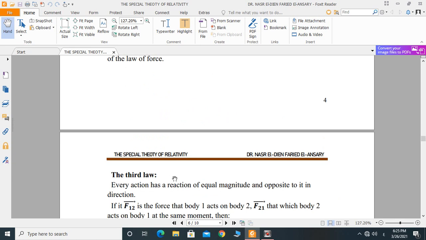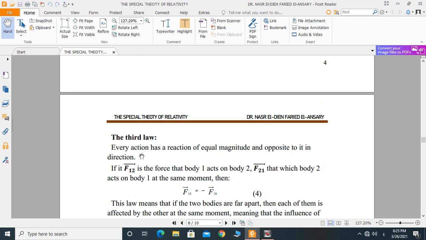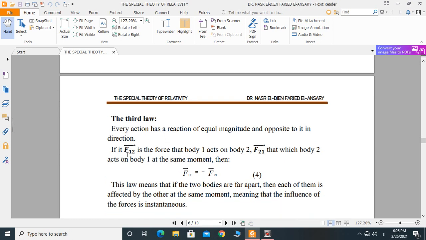The third law of Newton: every action has a reaction of equal magnitude and opposite in direction, i.e. if the force F12 is the force that body 1 exerts on body 2, and F21 is the force that body 2 exerts on body 1 at the same moment, then the third law